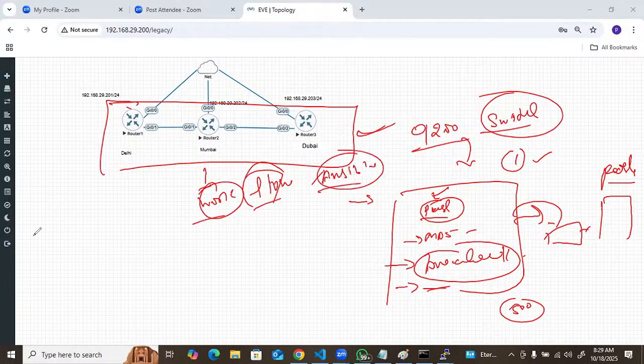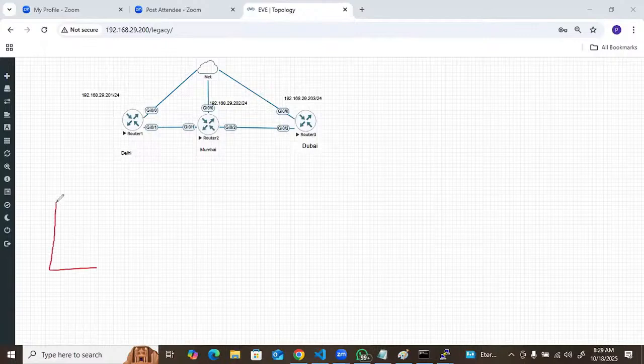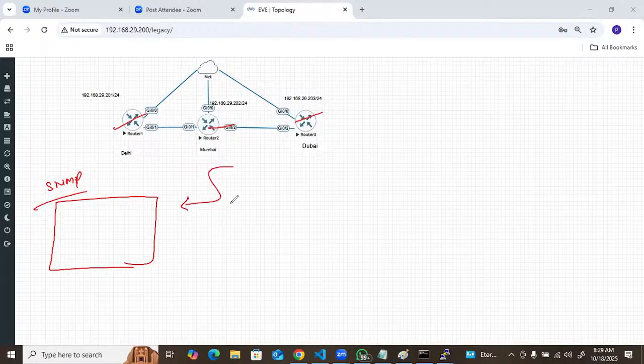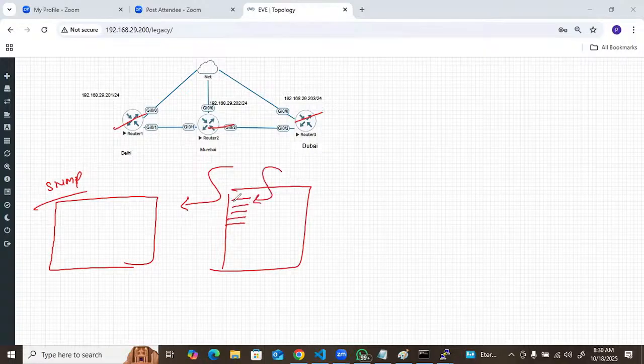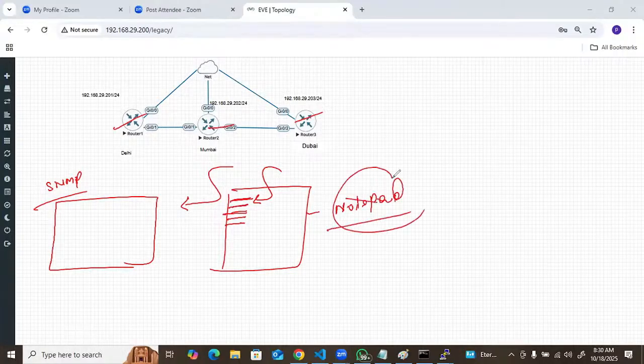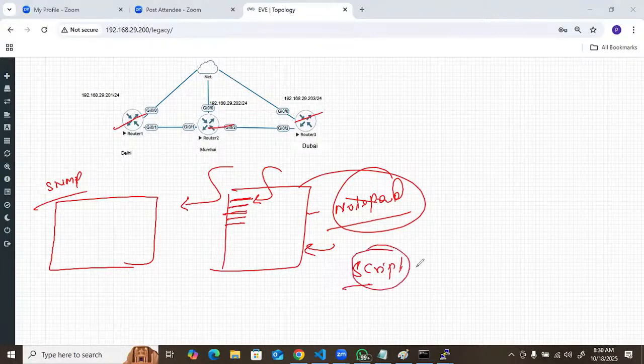right? Suppose, think about that. If your management changes the SNMP server on all these devices, what I will do is give the management just a dashboard. There he needs to decide which IP should be the SNMP IP. The management is just going to put the SNMP IP in this particular file. Suppose it's a normal notepad file. He just needs to change it. Once he changes it, my script will auto run. I don't need to run the script manually.